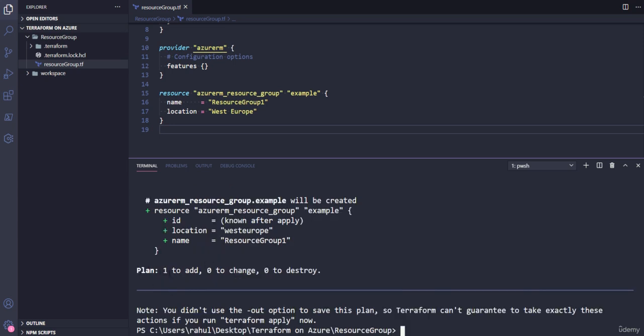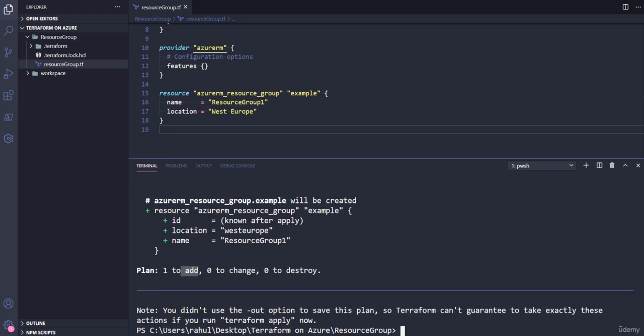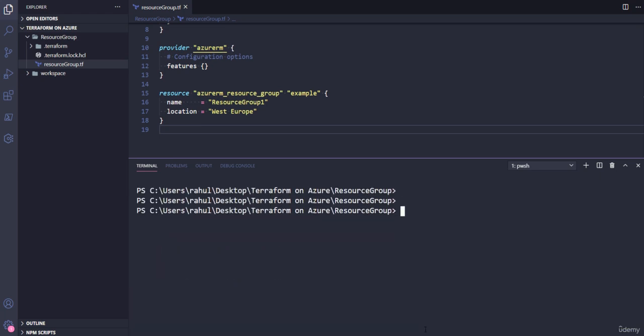And here in the plan you can also see that it's going to add one resource. Nothing is going to change or destroy. There is a 0 count over there, and only 1 count in add resources. So it means that it's going to create that particular resource. So let me go ahead and run Terraform apply, and once I hit enter,